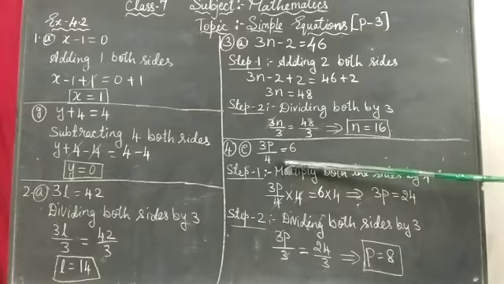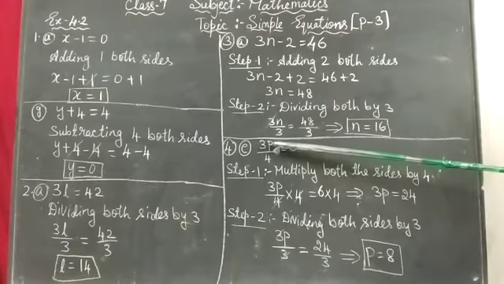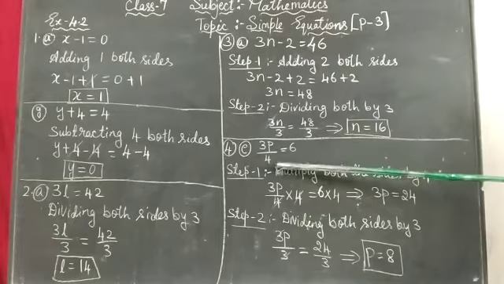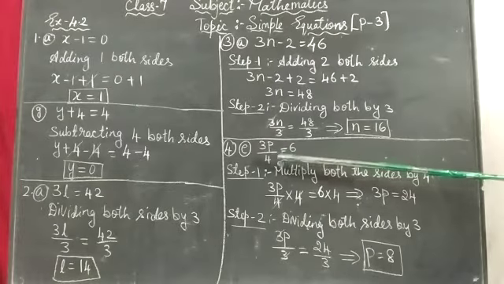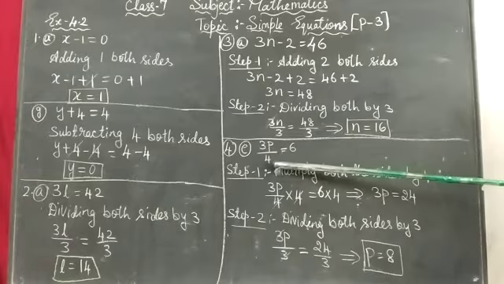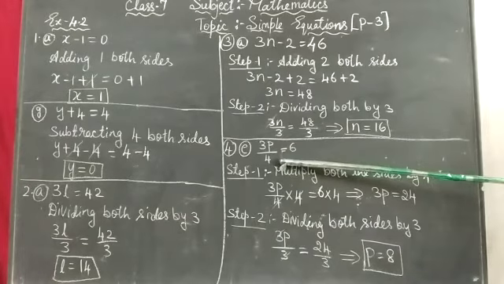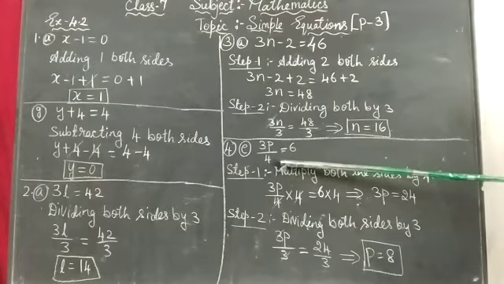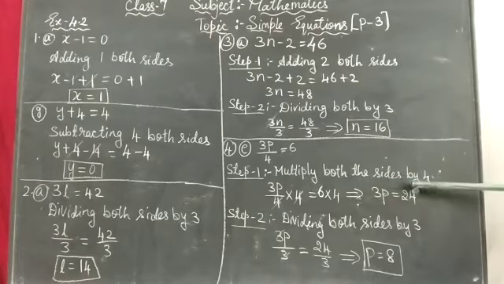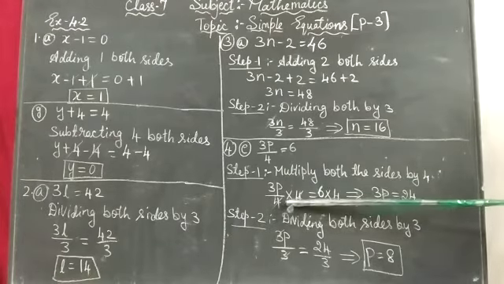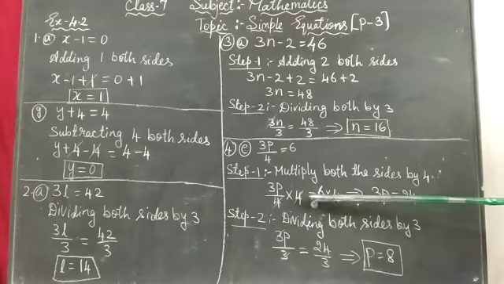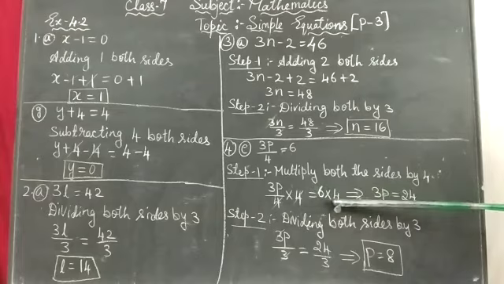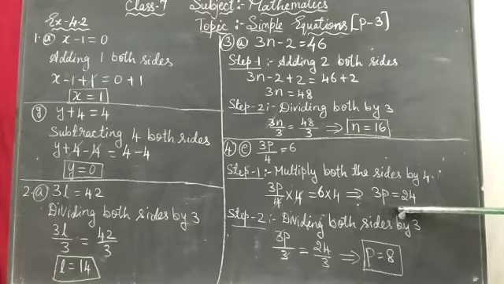So, which one will I take first? This 4 I will take. Without the variable, I will take the constant first. Which do we have to take first? Only the constant. If I remove it, it is dividing here. What is the opposite of division? Multiplication. So what number do I have to take? 4. So multiply both sides by 4. After taking 4, what happens? This 4 will get cancelled. On the other side, what remains? 3p. And 6 4s are 24. Here you can see I have removed the division part, right? So what is remaining? 3p is equal to 24.